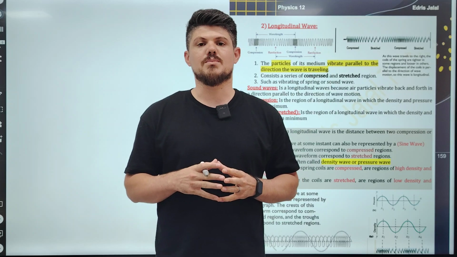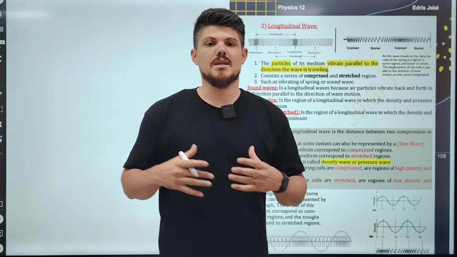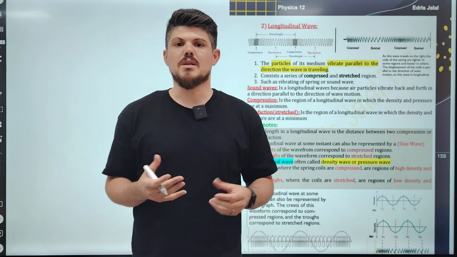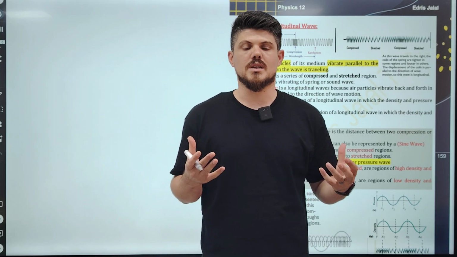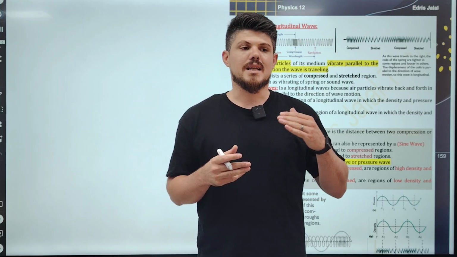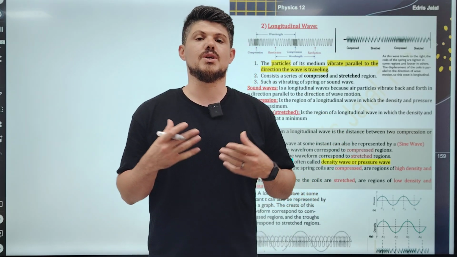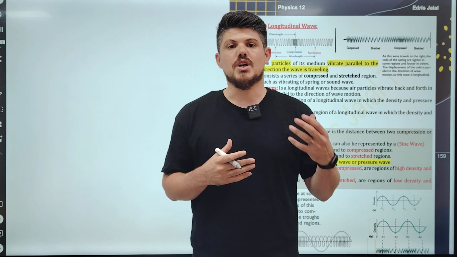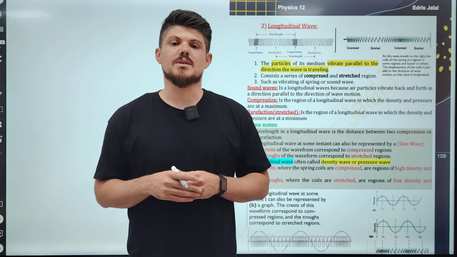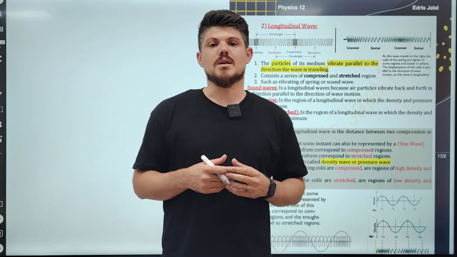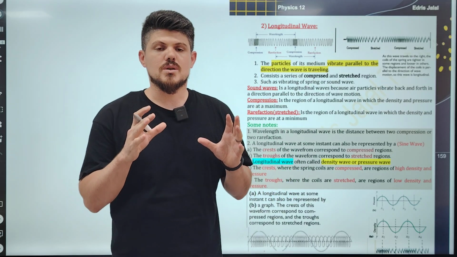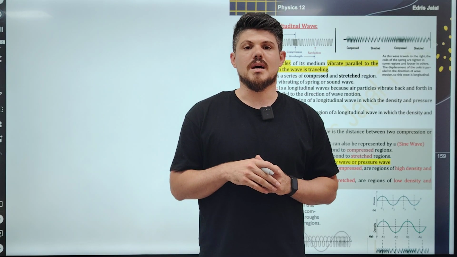We have two different types of wave: mechanical wave and electromagnetic wave. Mechanical wave is a wave that requires a medium or particles to travel in. But electromagnetic wave is a wave that can pass even through the vacuum, when there are no particles, such as the energy of light from the sun. The light from the sun does not require a medium, so we can say electromagnetic waves can pass through the vacuum.